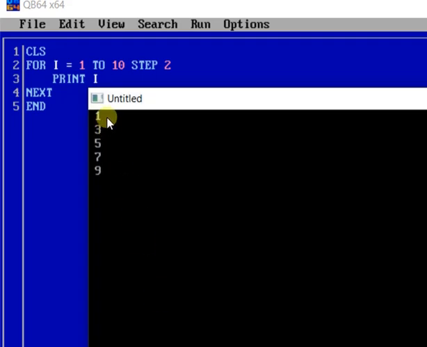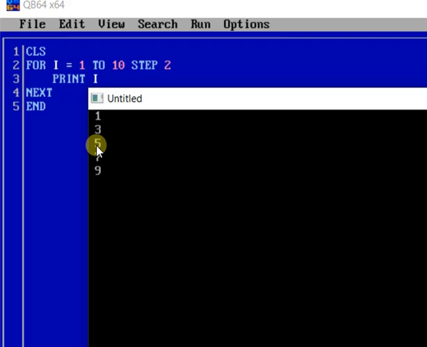You can see that within 1 and 10 there are these odd numbers, and this can be generated using this program: 1 3 5 7 9. First time I is 1, second repetition I becomes 3 because we have used step 2, so I is incremented by 2. Initial value was 1, so 1 plus 2 becomes 3 in the next repetition.